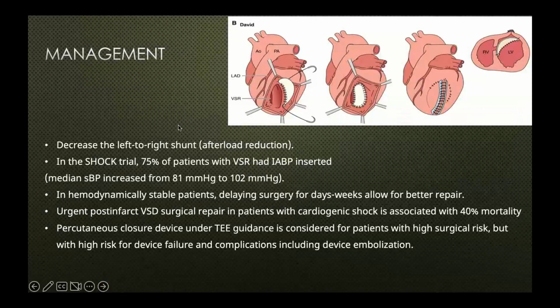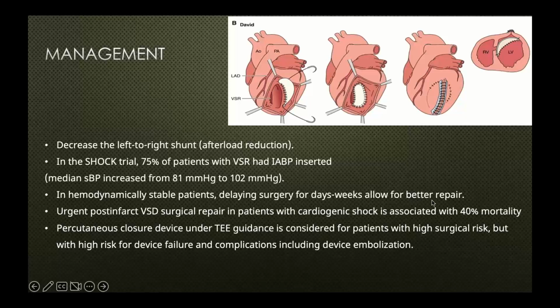And in terms of management, the goal of treatment, again, is after load reduction to reduce the left to right shunt. In the SHOCK trial, 75% of patients had a balloon pump inserted, and you can see that the mean systolic blood pressure increased significantly from 81 to 102. So balloon pump is a temporary measure that would bridge to surgery, usually allowing more time for tissue healing and reperfusion,